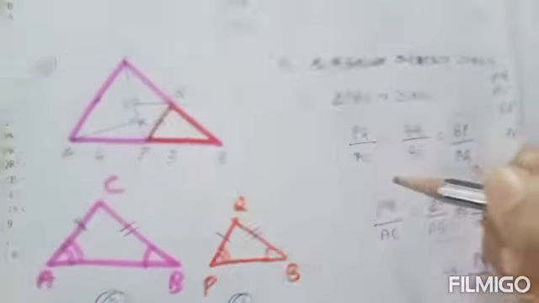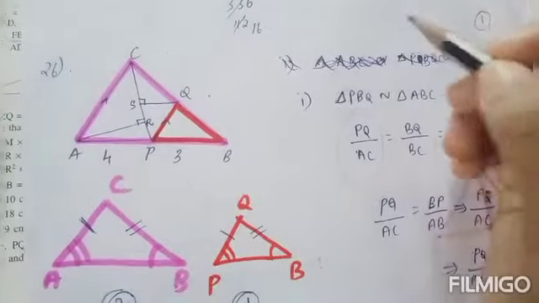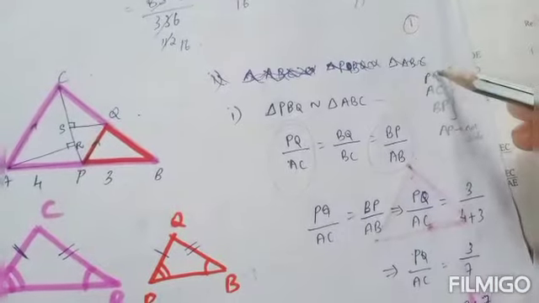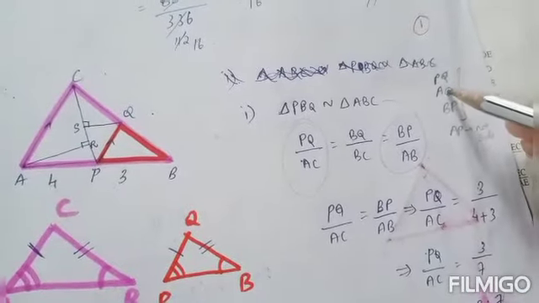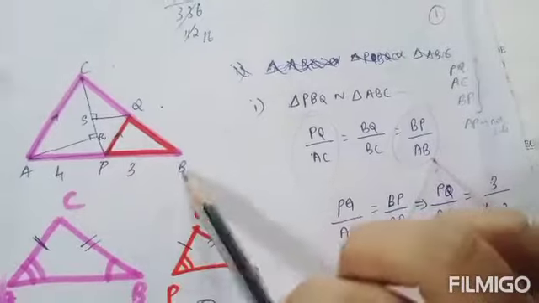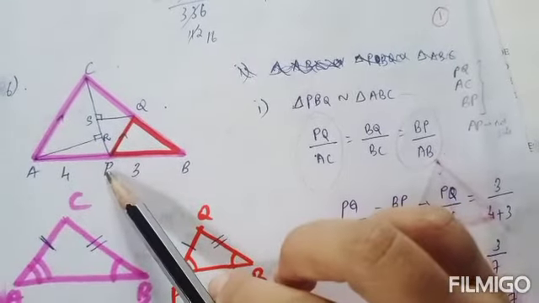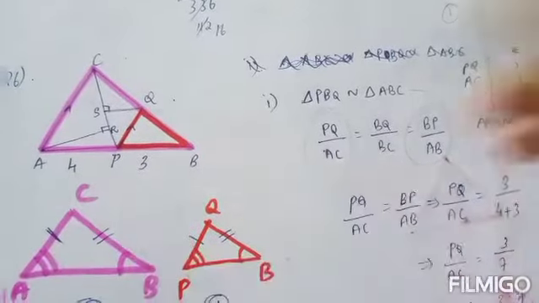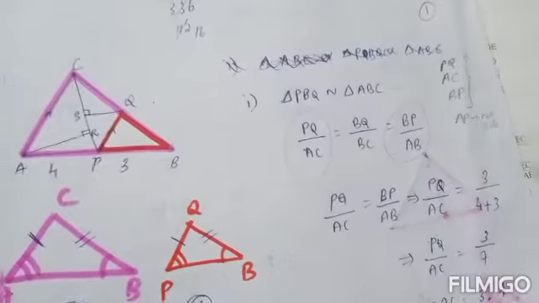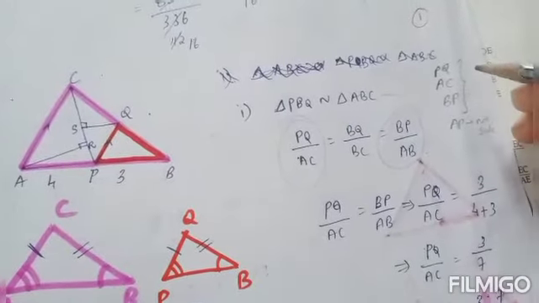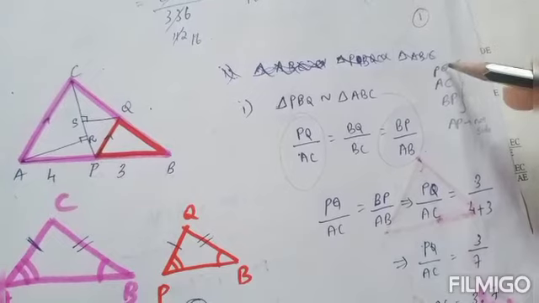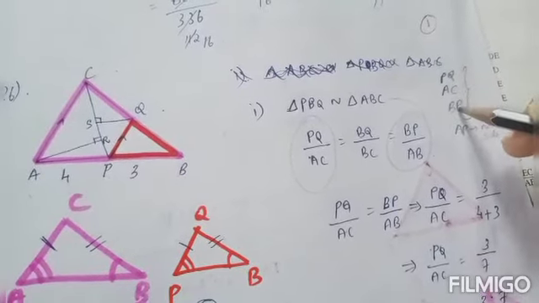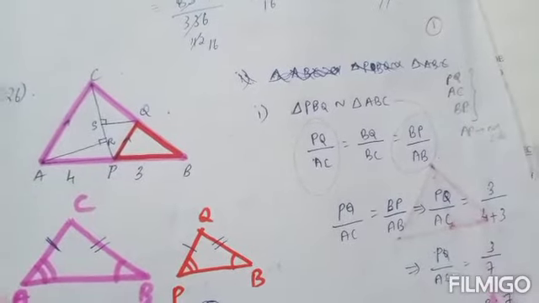What you need to find in the first question is the ratio of PQ is to AC. So the triangles should contain the sides PQ, AC and the given BP. So you can take the side of triangle BP. AP is not a side of the triangle. That's why you can't take that. So you need to choose two triangles with the sides PQ, AC and BP. Okay, so these sides should come in those two triangles.